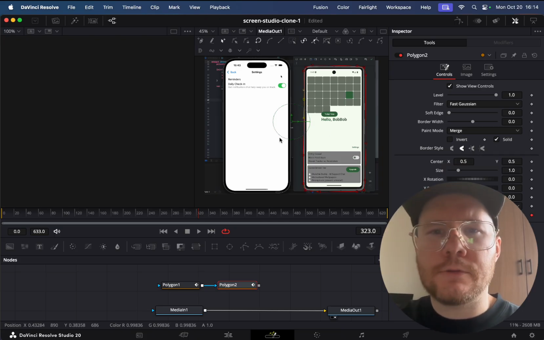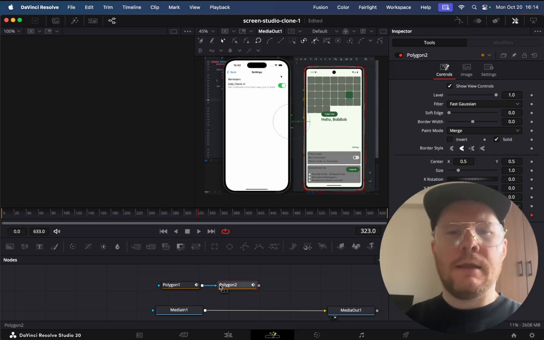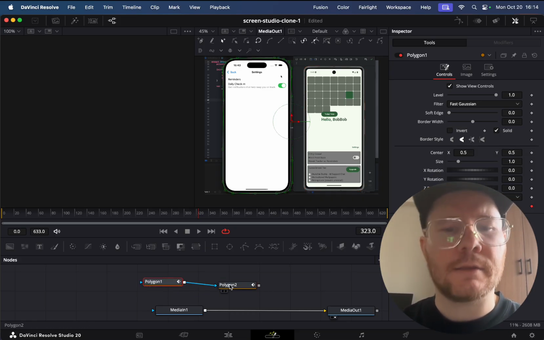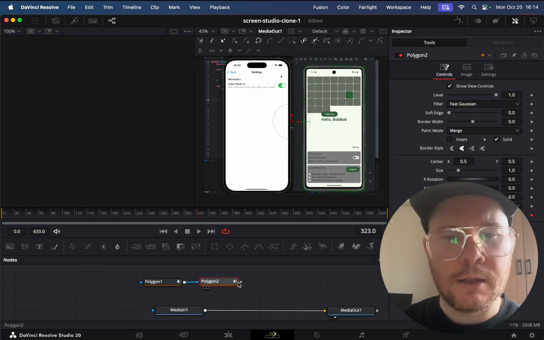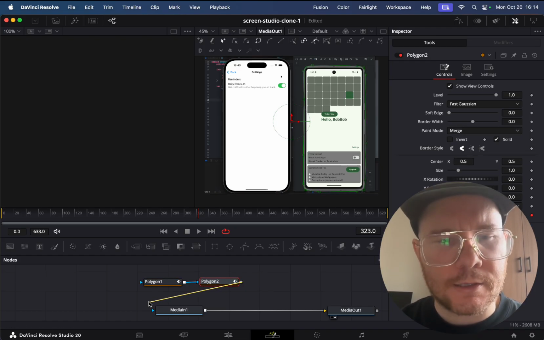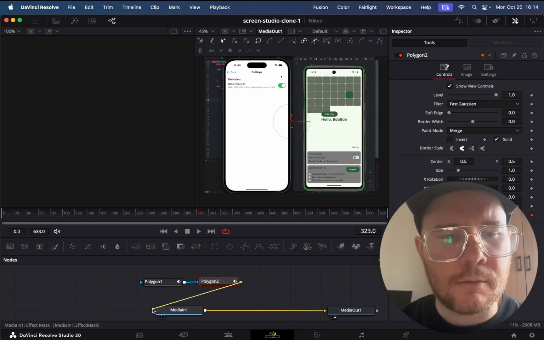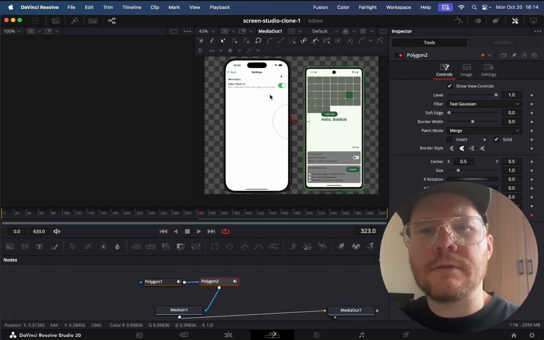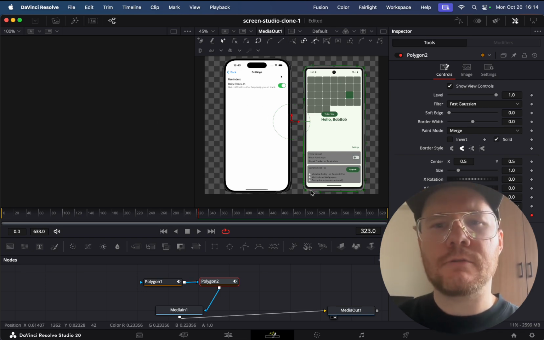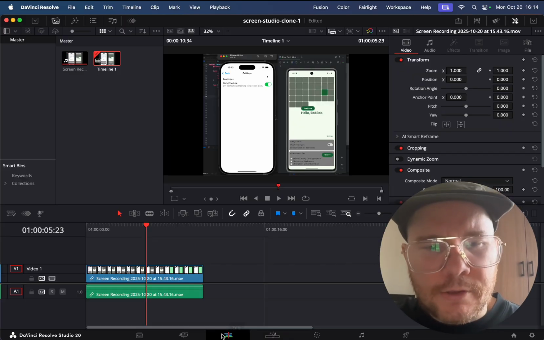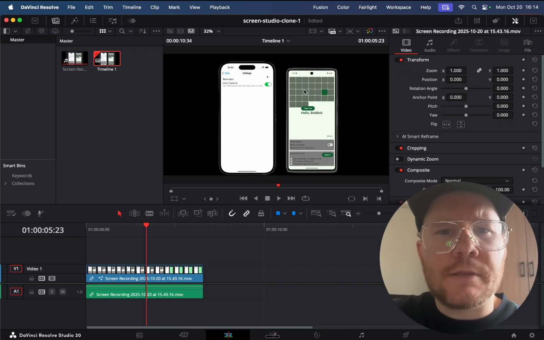So now I've traced around both of them, and then all you need to do is, right now I have Polygon 1 connected to Polygon 2, so they're together. And then on this channel here, this output, I'm going to drag it to the blue triangle on MediaIn 1. You can see when I do that, it shows what the mask has done. It masks everything out. And if I go back to the edit page, you'll see the background is now black,